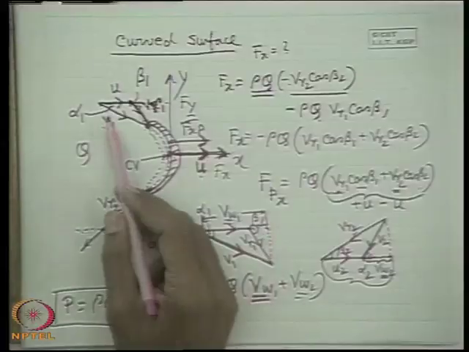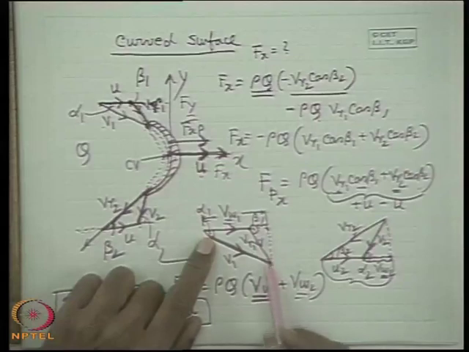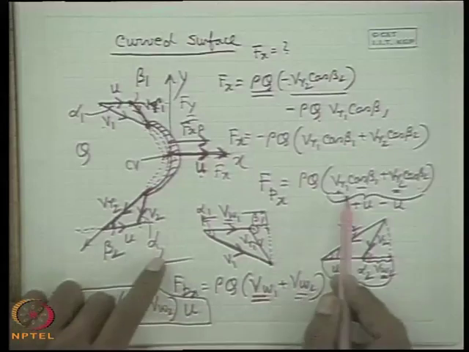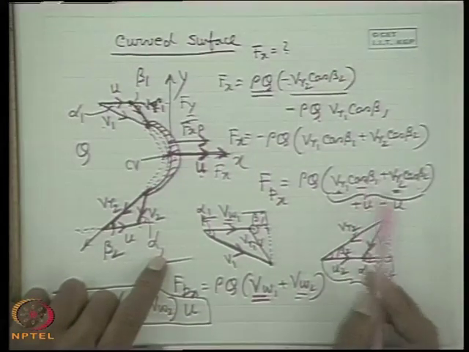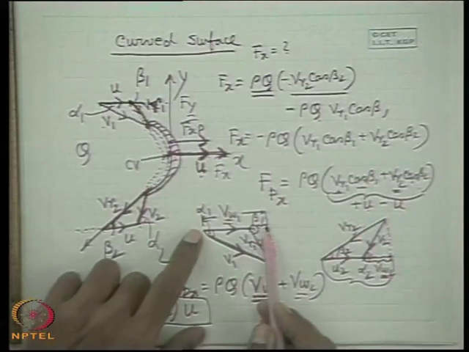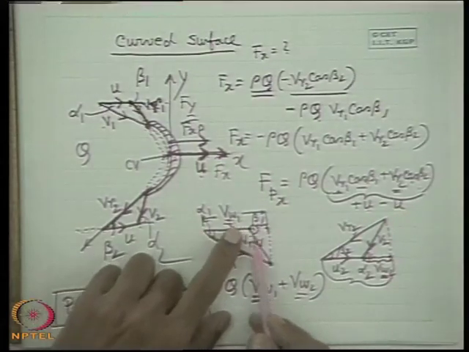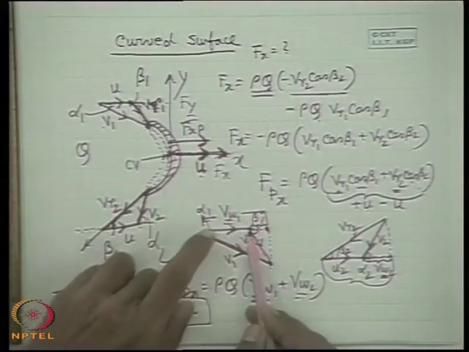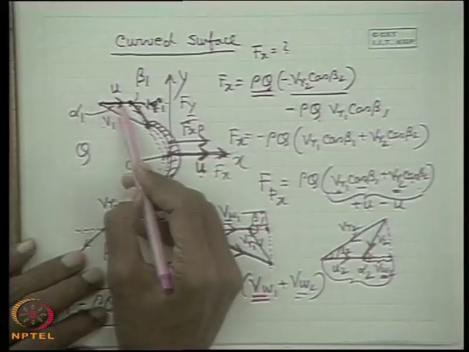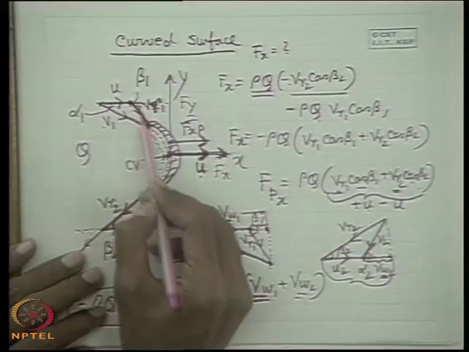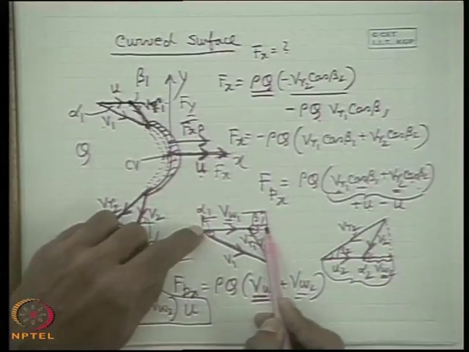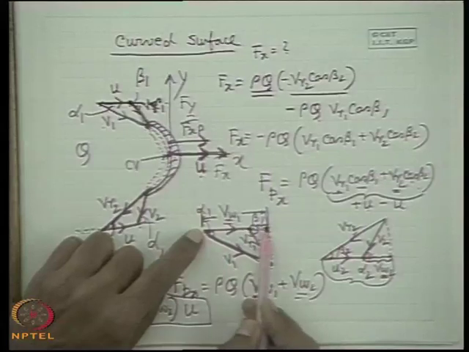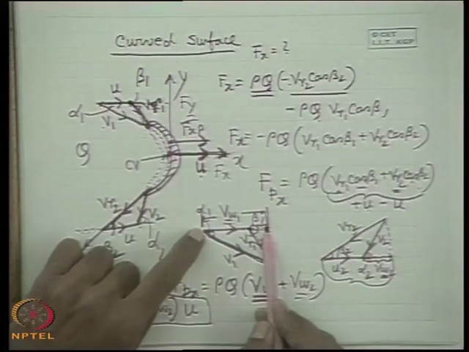This is simply a geometrical consideration. You see this triangle. From this triangle, Vr1 cos beta 1 plus u, I add u with this, subtract u from this. So Vr1 cos beta 1 is this projection. Vr1 is this component, plus u, this is u. In the vector diagram, this is V1, this is Vr1. So if you add u, it will be this length. This is nothing but Vw1, that means the component of the absolute velocity in the direction of the motion of the surface or plate. Clear?